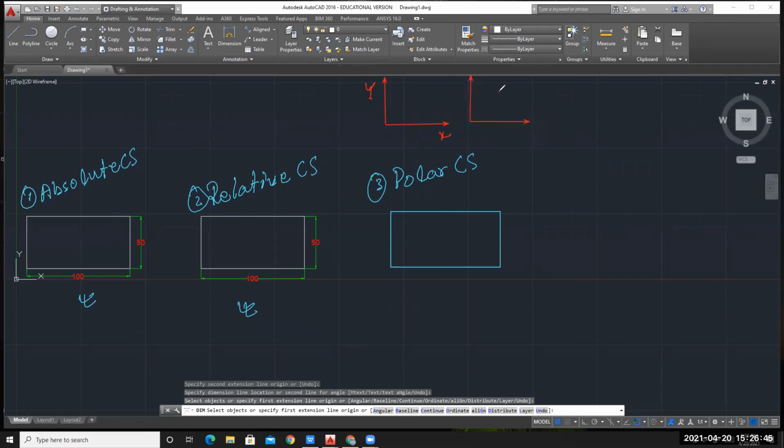Suppose some point is here. In Cartesian coordinate system, its coordinate is X comma Y. In polar coordinate system, suppose you have any point, you need to connect that point with your origin.